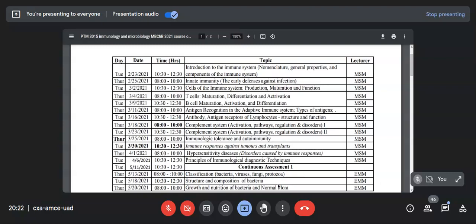Are you able to see my cursor? I don't know if it's visible. Okay. So yeah,